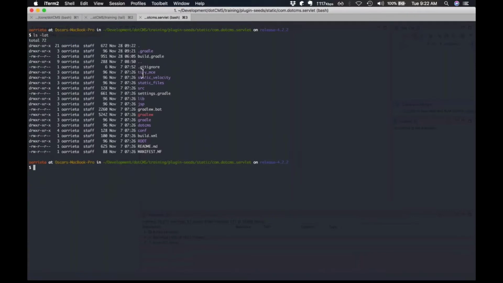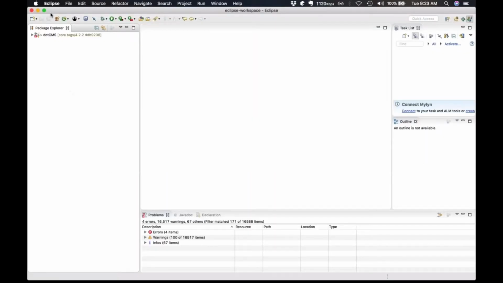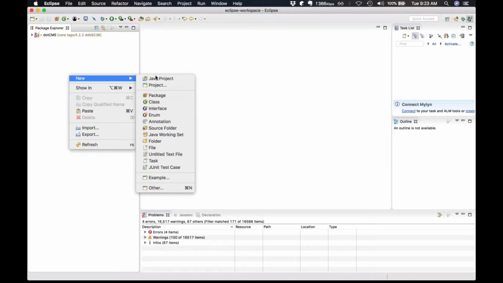Gradle, build Gradle, git ignored, all these folders we needed, settings, Gradle, lib, JSP, the Gradle W, Gradle, dotCMS, conf, build. Okay, so everything should be fine right now. So let's try to import it again, like